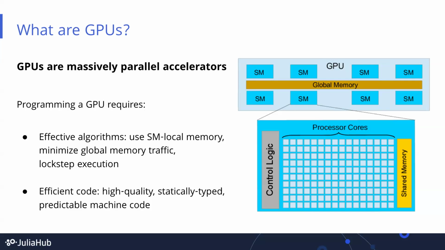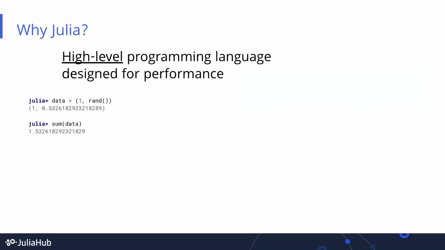But because these threads are very lightweight, there's another dependency, and this is more on the programming language: the code that you write has to get compiled to something that's high quality, statically typed, and predictable, such that the GPU can execute it efficiently. It cannot be general purpose code that, for example, has plenty of allocations or plenty of data-dependent branches. The code that has to be generated has to be fairly high quality code. And this is, of course, where Julia, the language, comes in. So for a bit of